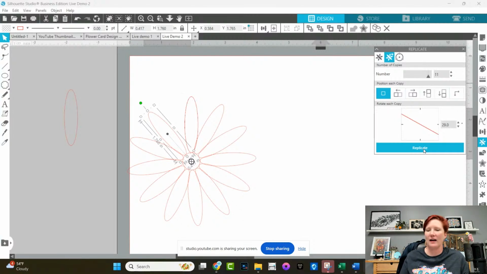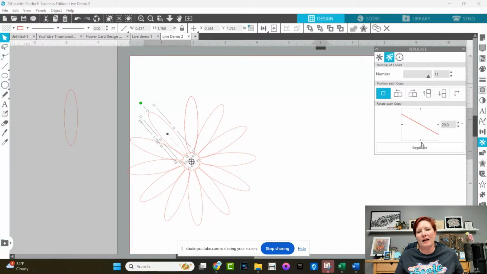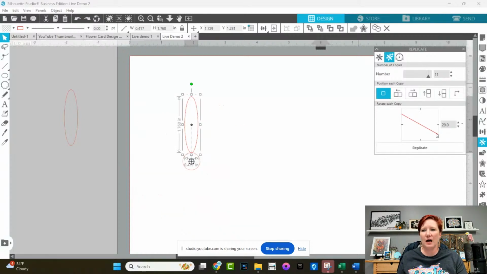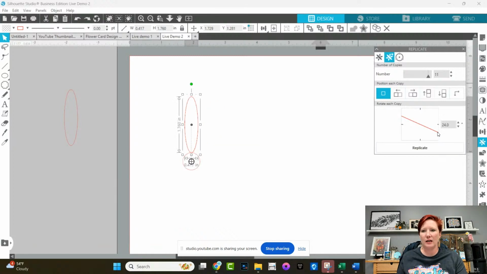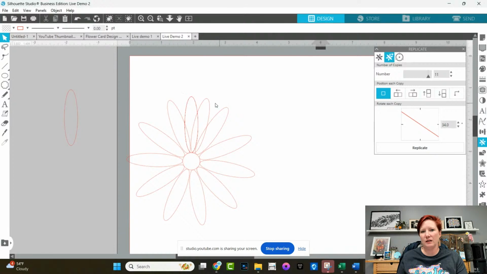Love that. I hate the math. What I like about it is I don't spend the time doing the math. I just play around with it because it doesn't always have to be perfect. So I just go ahead and see what I like. So if I decrease the angle on it, it puts them closer together. If I hit undo, remember I said undo is your best friend. If I go to 35, 34, and it puts it a little bit close together, but what I can do